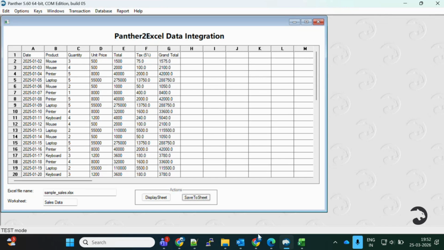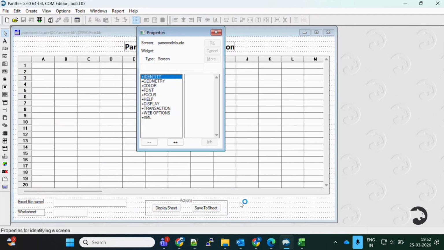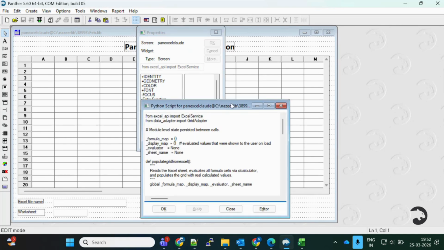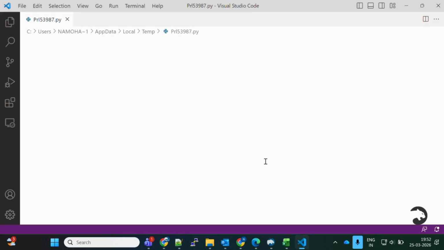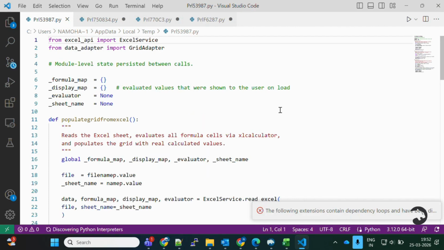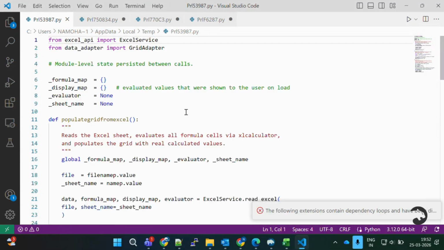And let me take you to our Python code, which is behind the screen. The way we go to it would be to go into focus. And now we'll find this new thing in Panther 5.60, which is Python script. And let me open it. Yeah. And I'll open the editor. And this will open up Visual Studio Code, which is something I had already set up in my ini file. Yeah, here it is. And this is our code